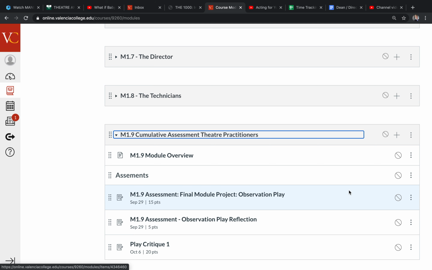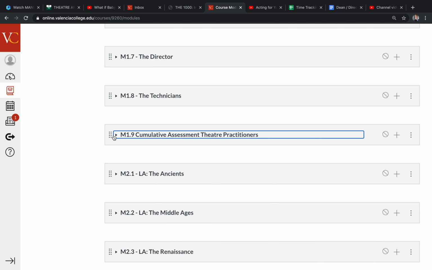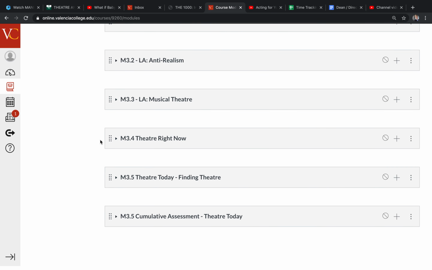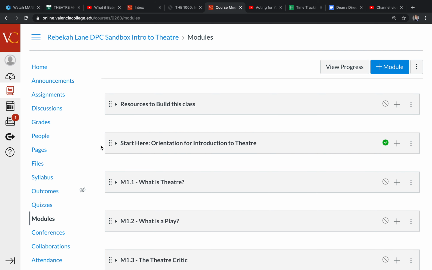And we can choose to publish or not based on what we choose. But that's what I'm envisioning. So I hope this is helpful. I hope this helps us all get on the same page.